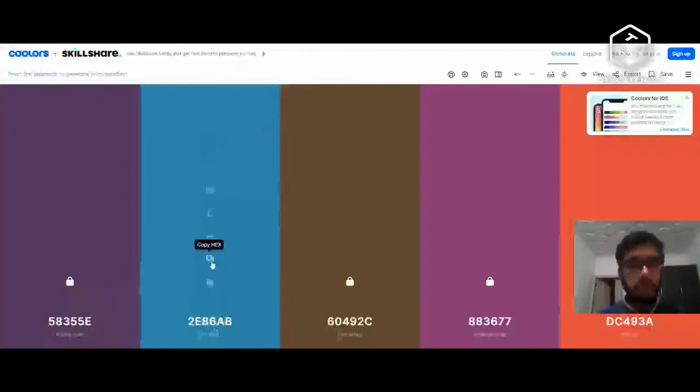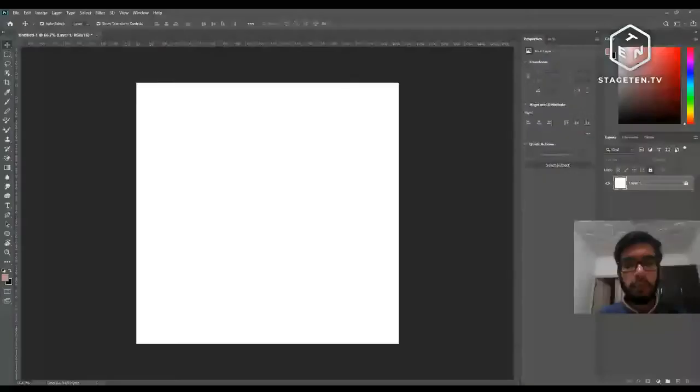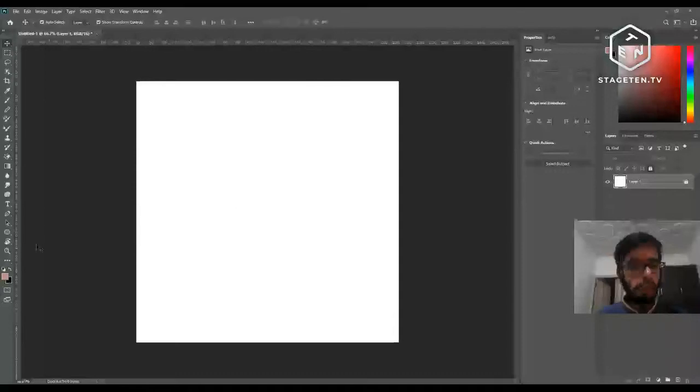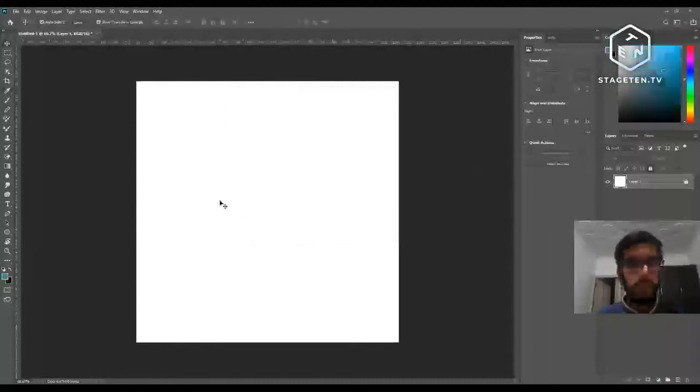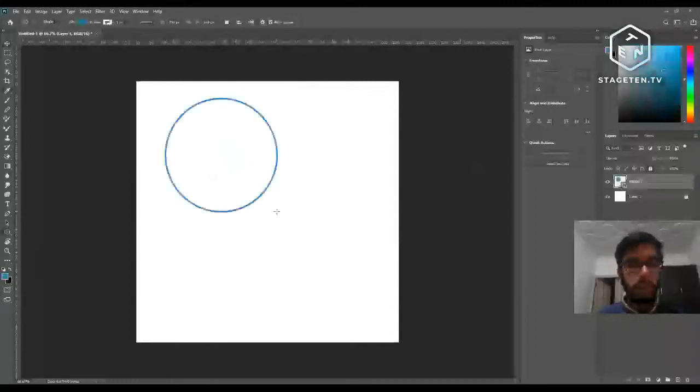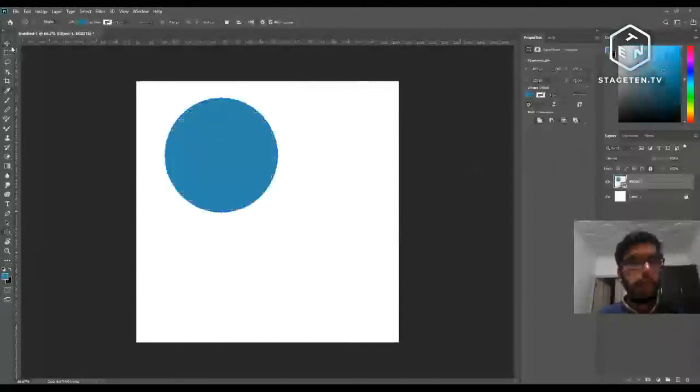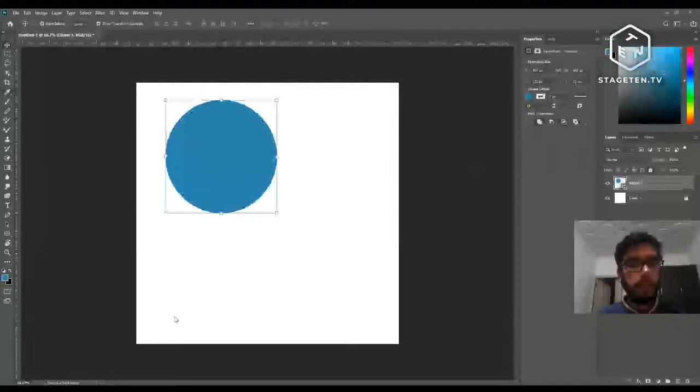So let's try this. If I just copy hex and now I move to Photoshop, I go here and I press Control V, you see this color has got selected, right? And now if I just draw some shape, it will be of this color, right? So if we go back